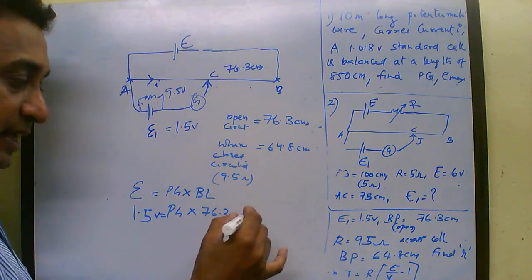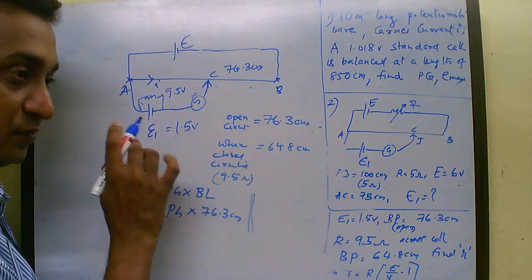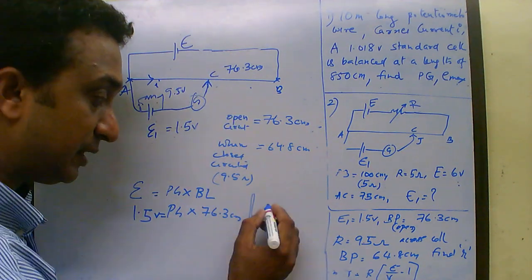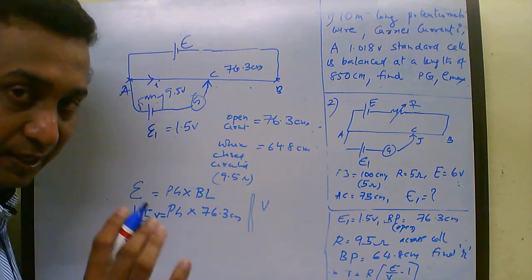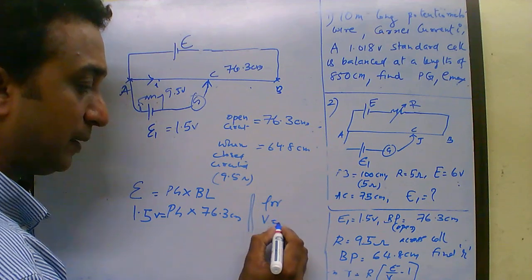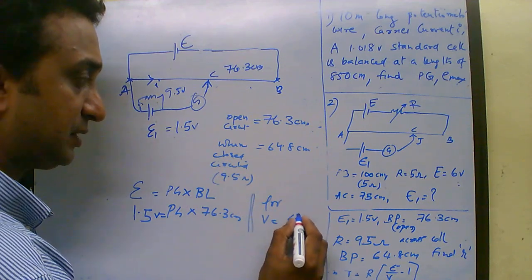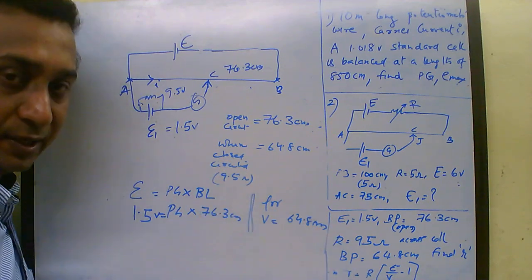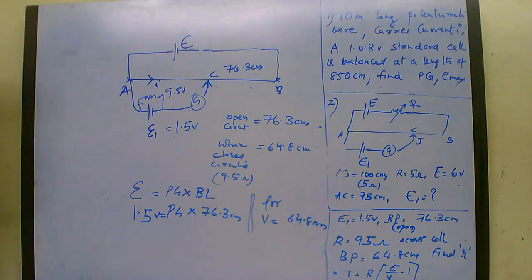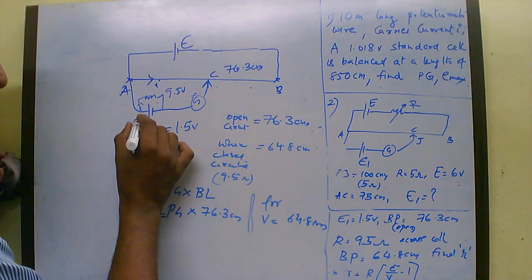In that case the potential difference which is being balanced, we will denote by the letter V and not by E. For V, the balancing length is 64.8 centimeter,